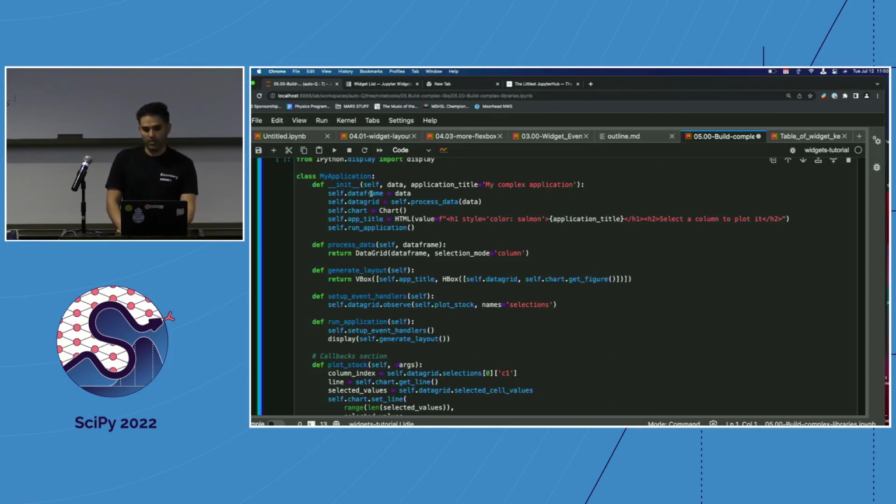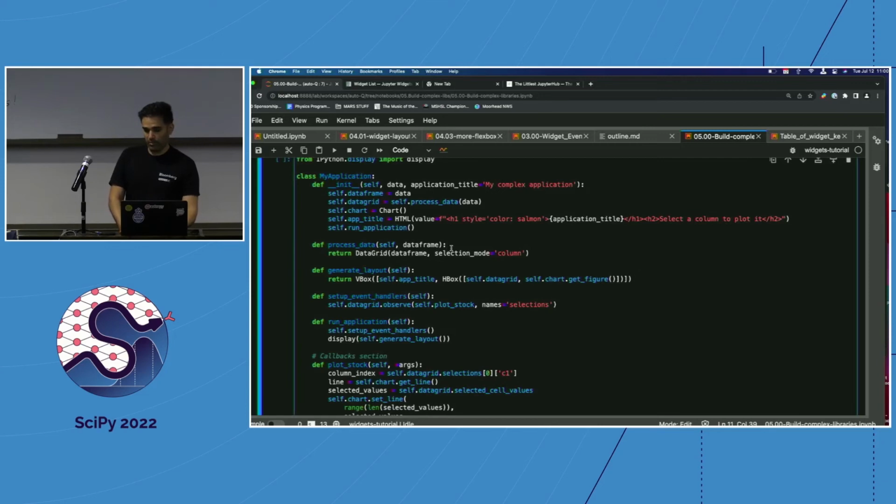So some of the properties here: the data grid is going to be essentially whatever data you're passed in. And there's a process data function here. It doesn't really do anything other than return a data grid created from the data frame object that you've passed. But the idea is that if you do need to do some pre-processing before you ingest that data, you would probably do it in this place. A chart, which is by composition, we're just creating an instance of the chart class that we have defined above. The application title, and then you can see that at the end of this, we're calling this run application